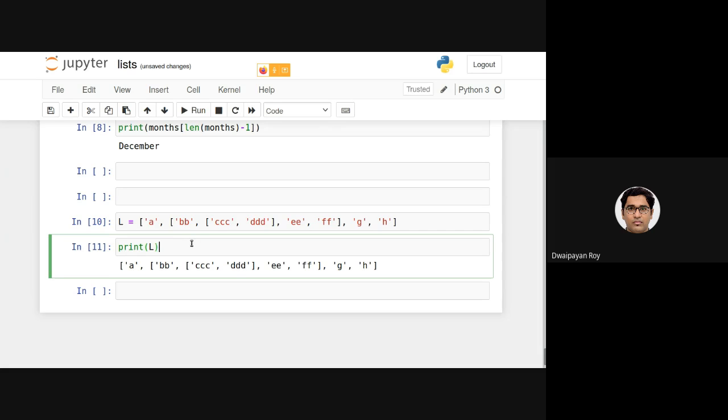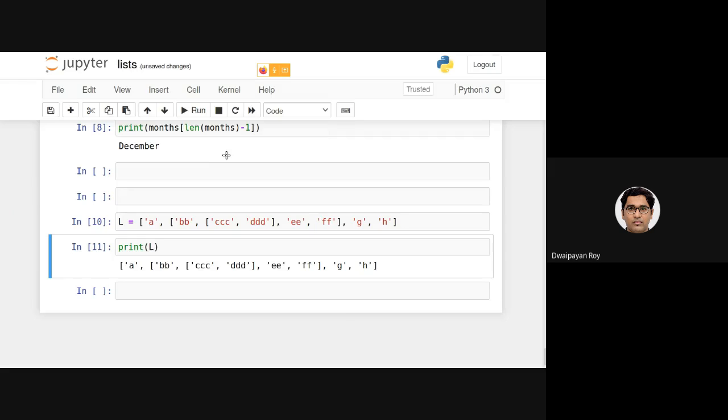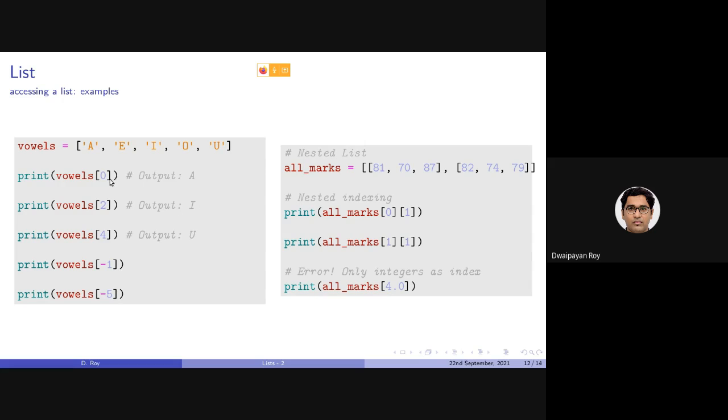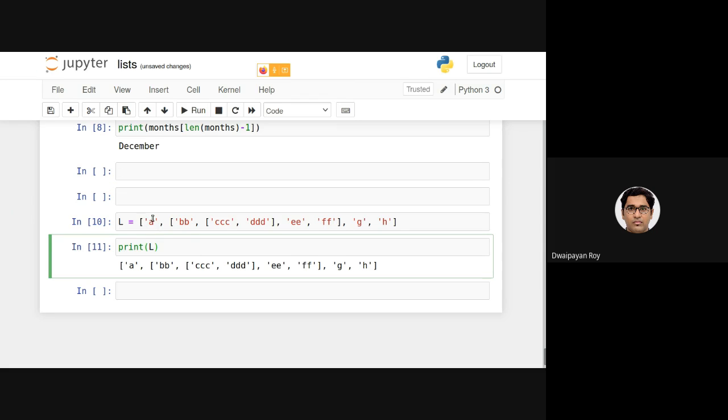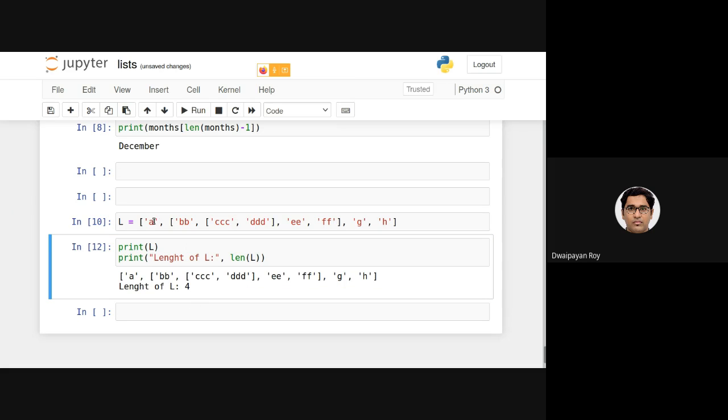Now, if I print the individual items, as we have said here, I need to provide the index value in the square brackets. So here, if I print the length of the list, you will see 4, because there are 4 items.